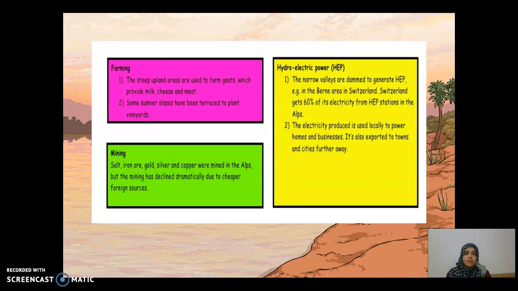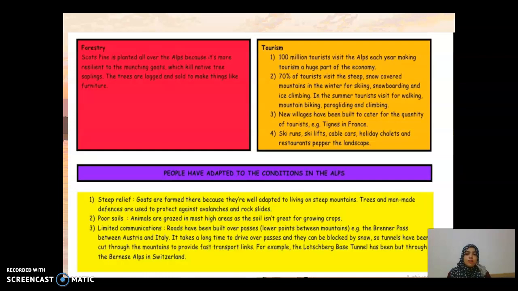Today, what we are going to discuss is the occupations of the people in the Alps, like farming, mining, hydroelectric power generation, then forestry, tourism. You can go through and read all of these. We have discussed this before as well when we did the uses of the Alps. So today's activity you have to do is